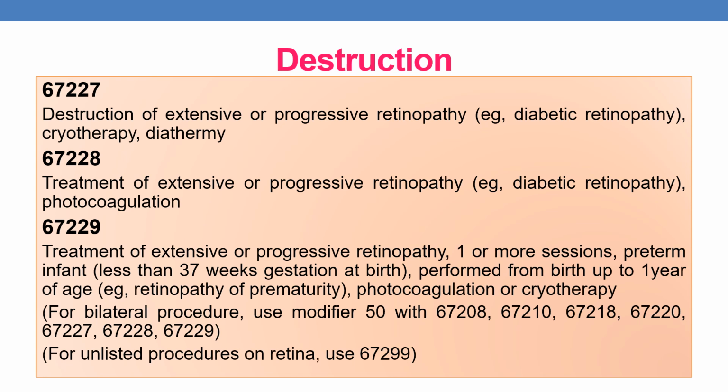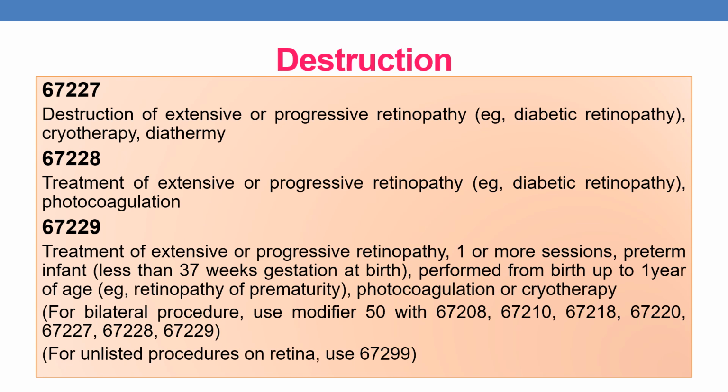The next CPT is 67227, destruction of extensive or progressive retinopathy, for example diabetic retinopathy, cryotherapy or diathermy. The next CPT is 67228, treatment of extensive or progressive retinopathy by photocoagulation. The next is 67229, treatment of extensive or progressive retinopathy, one or more sessions for preterm infant, less than 37 weeks of gestation at birth,